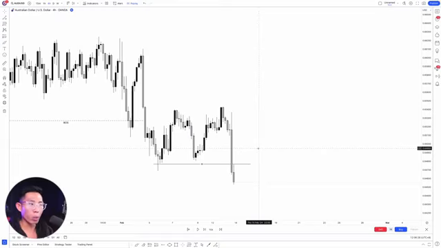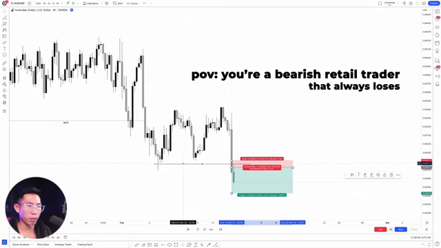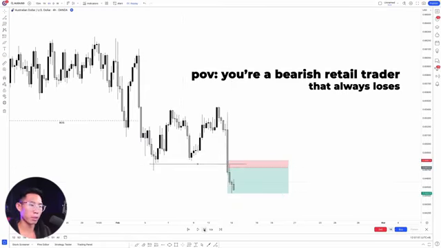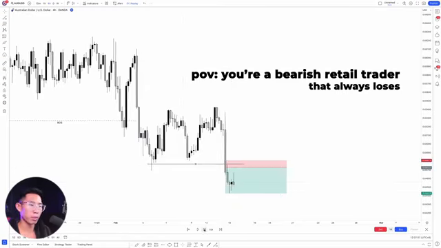Now on the other hand, we also have retail traders who are breakout traders. That means if they see price break structure like this, price breaking past the last lower lows, means what? Price is going to continue going down already. They're going to be entering for the sell position right here as well. And when they enter for the sell position upon the breakout, they're going to be placing their stop loss above this liquidity zone right here. And in that scenario, look at what happened next. They also get stopped out.